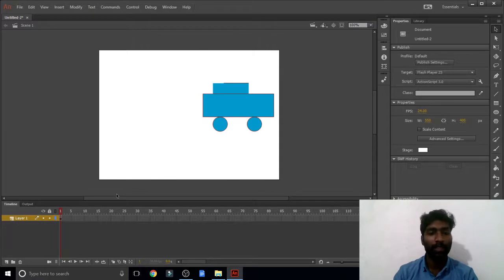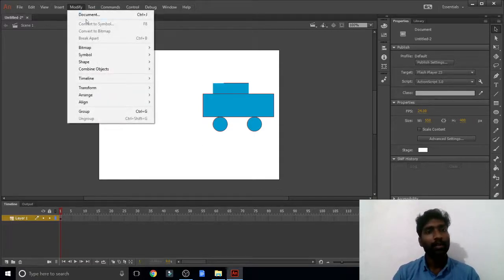Now I'm going to make the animation here in the timeline. This is the way of converting objects into a symbol. To create a symbol, just select, go to Modify, choose Convert into Symbol, or press F8. This is over.